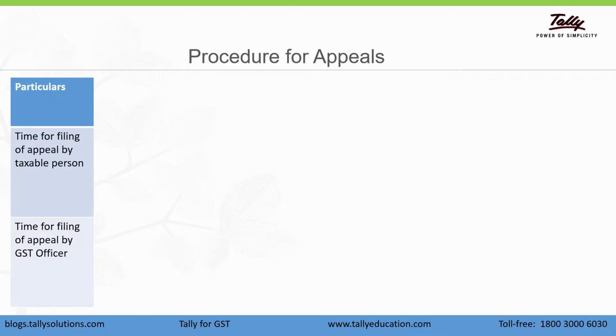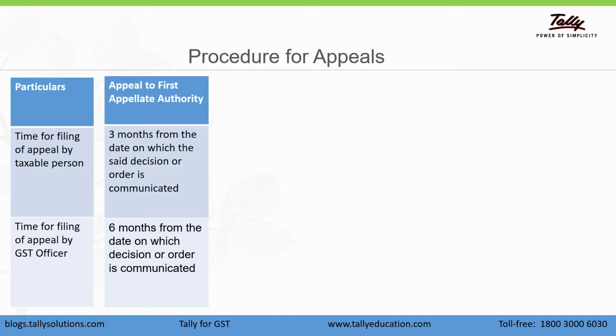We'll see the time within which a taxable person should file an appeal and the time within which a GST officer must file an appeal against an adjudicating authority. A person can file an appeal to the first appellate authority within 3 months from the date on which the decision or order is communicated. In the case of a GST officer, it is 6 months from the date on which the decision or order